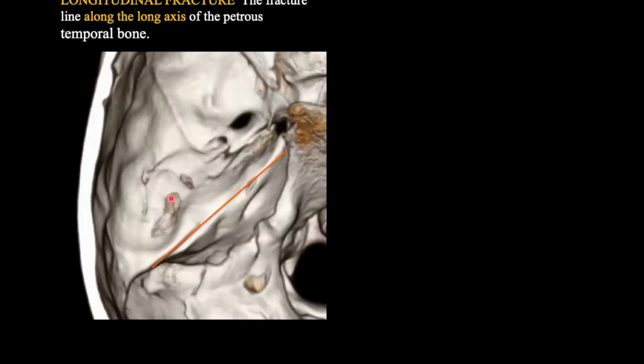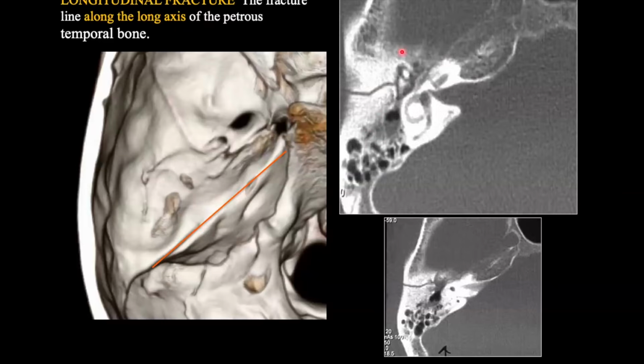Now, this is a volume rendered image looking inside the cranium, and this is the triangular pyramidal shape superior wall of the temporal bone, the petrous bone. You will see the longitudinal fracture is along the long axis of the petrous bone, for you to understand. For example, this is an axial image. This is the longitudinal fracture going from the lateral wall of the mastoid toward the middle ear. And then we lose it because there is air.